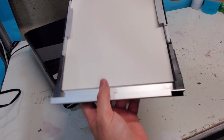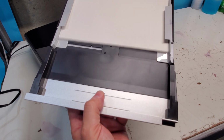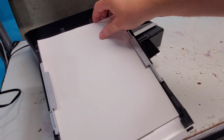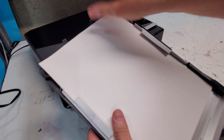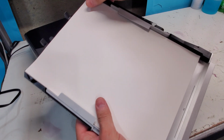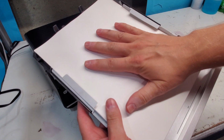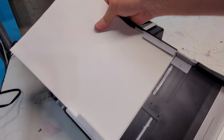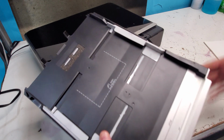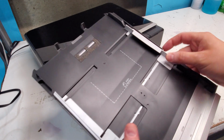Another one is make sure you load it to the line that it's supposed to be at. If you have a letter-sized paper, make sure that's where it's at, right at the end over here, and you should be all good, even though the printer is supposed to detect that there's paper and pull it even if it's slightly off. So make sure of those two things. Make sure the paper width is proper and correct. It's pretty tight with this thicker paper,